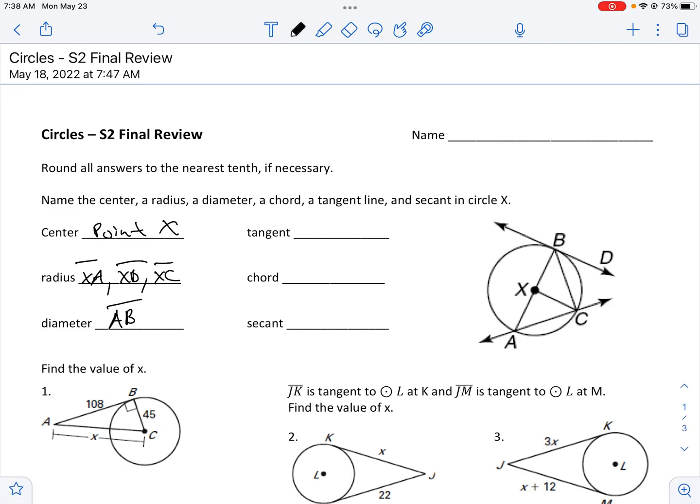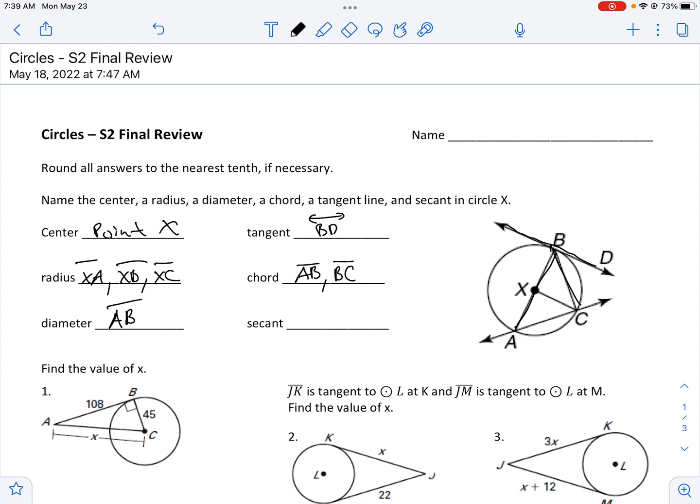A tangent. So remember, a tangent is a line that touches once, BD. Got to mark it as a line. A chord is just a segment that goes from one side to the other. So we've got AB as a chord,